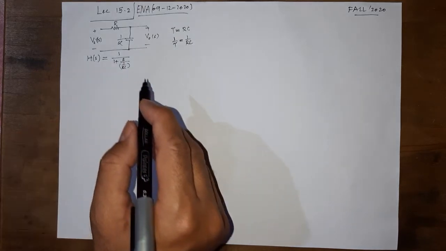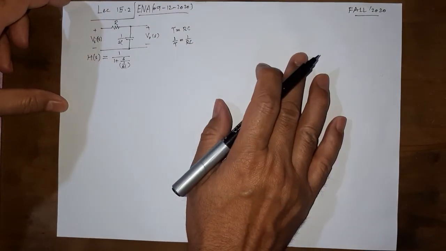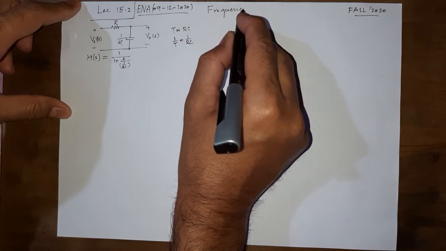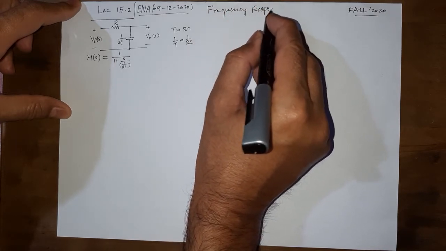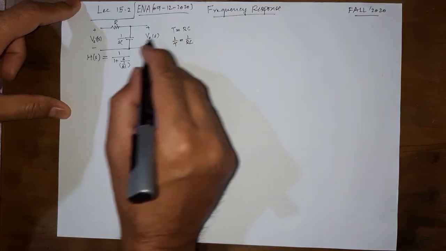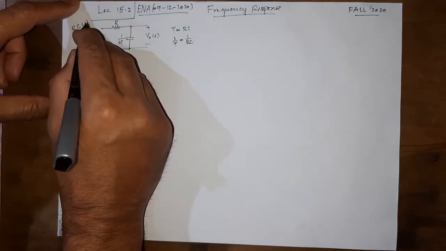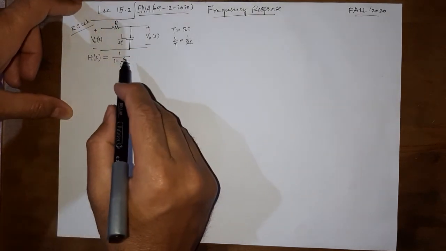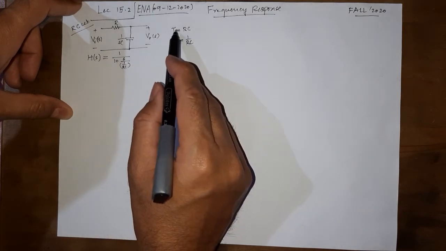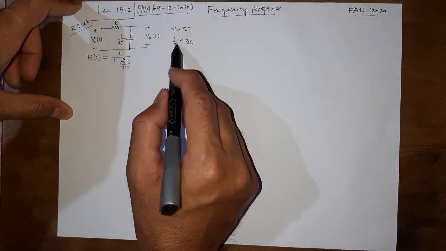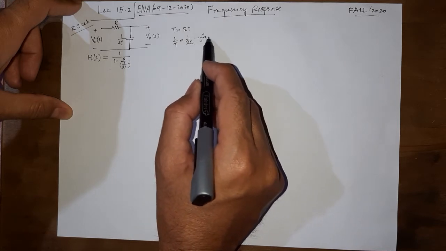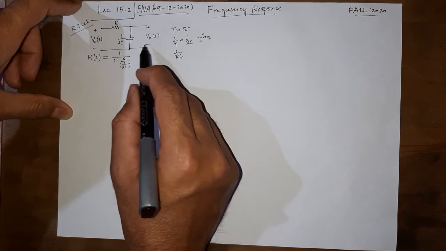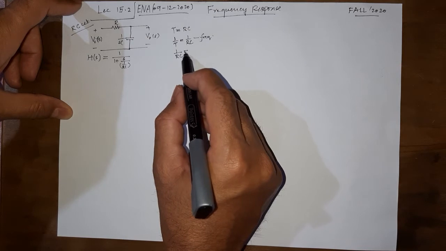And let me give a title to this topic: we are trying to understand the frequency response of circuits. The circuit at hand is an RC circuit. So the frequency response of an RC circuit is what we are looking at. If tau is the time RC, then 1 over tau is a frequency. So let us name this 1 over RC, which is a special parameter of this particular circuit.